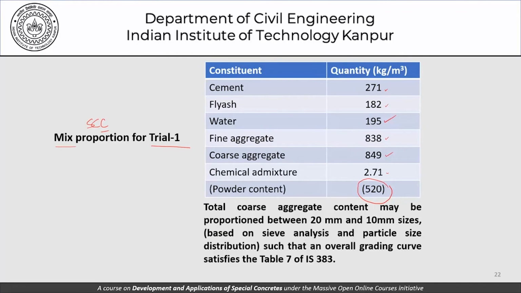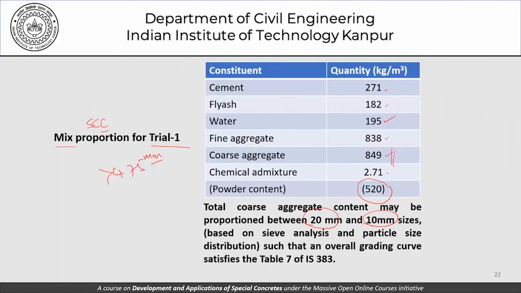So the total aggregate content may be proportioned between 20 and 10 mm aggregates, because when we talk of coarse aggregates we are talking of material greater than 4.75 mm, and in India most of the time we get coarse aggregate in two classes. One is the 10 mm class and the other is the 20 mm class. So how much of 10 mm and how much of 20 mm should be used to give me a value of this 849? That has to be determined again based on sieve analysis and particle size distribution that is there for these two aggregates that we get, and make sure that the overall grading curve satisfies table 7 of